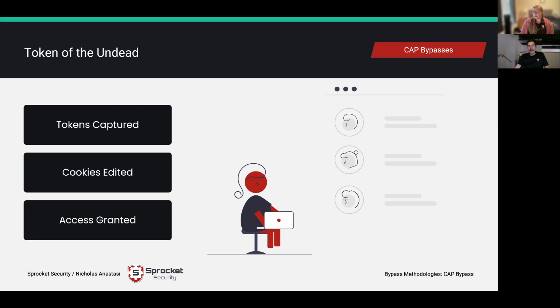One of the common things we'll do here as well: if we're able to capture an authentication token to a VDI service, like a virtual desktop environment, and we grab that token, we put it in a browser in a virtual machine that just sits and continuously reloads the page every 5 minutes, so that cookie stays valid even after the user might log out on their end. Then we can use that cookie almost infinitely, or at least wait till the end of the day to gain access, that sort of thing.